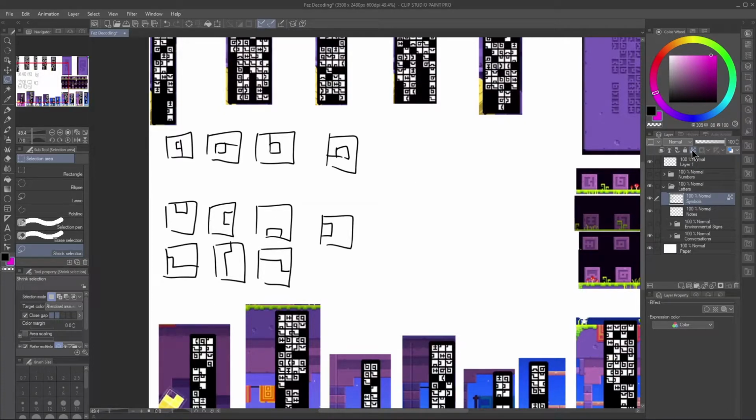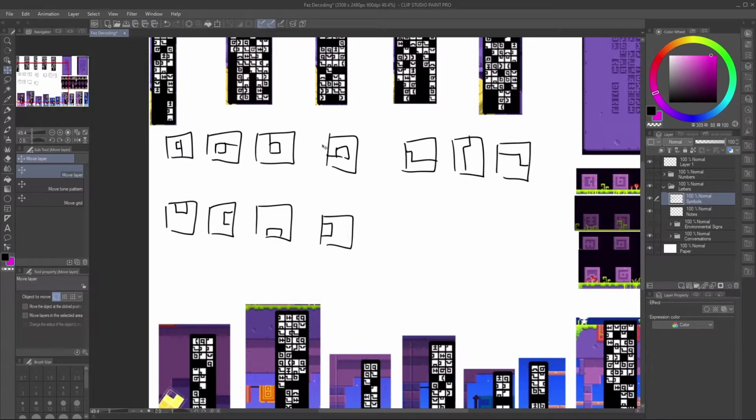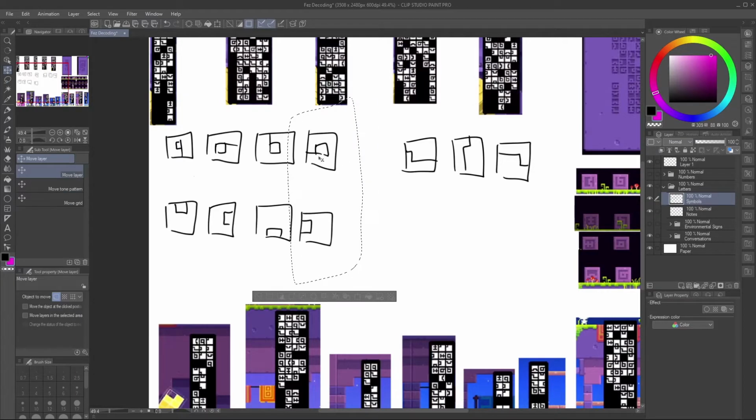Am I going crazy? Oh, I'm using shrink selection, not lasso. Let's put these ones over here. Just trying to tidy it up a little bit. Okay, so which one was...